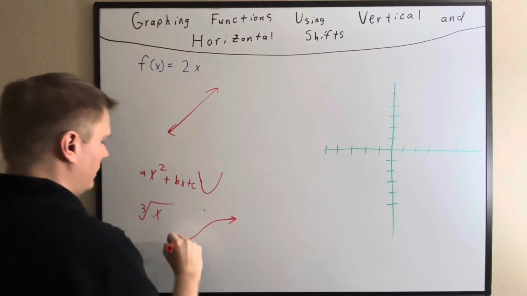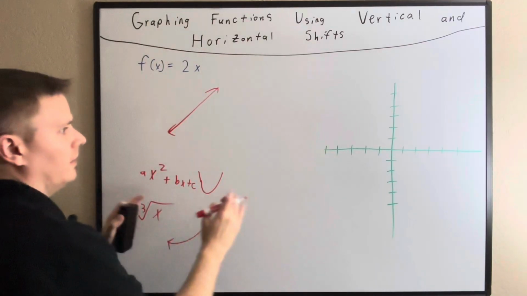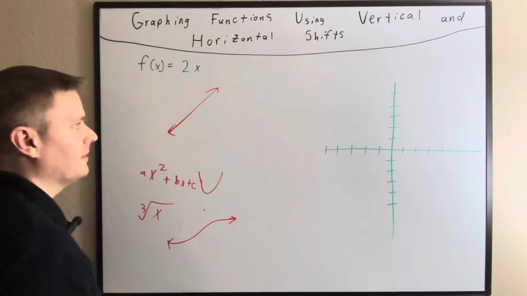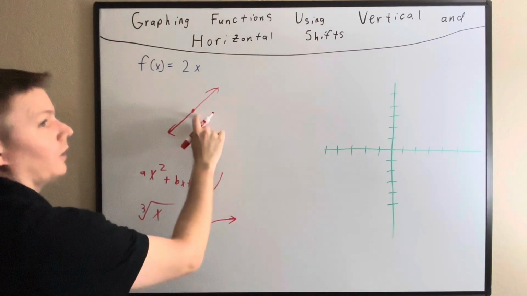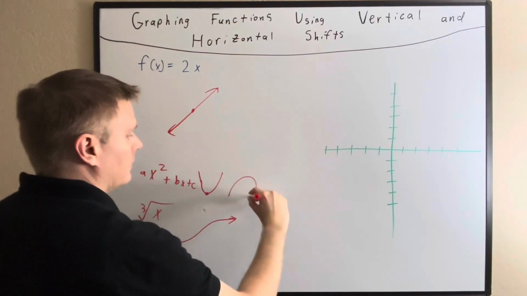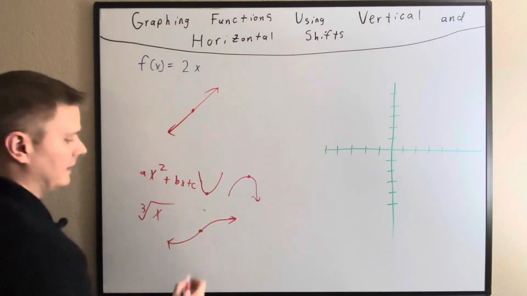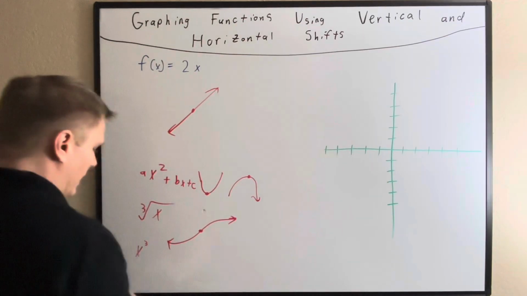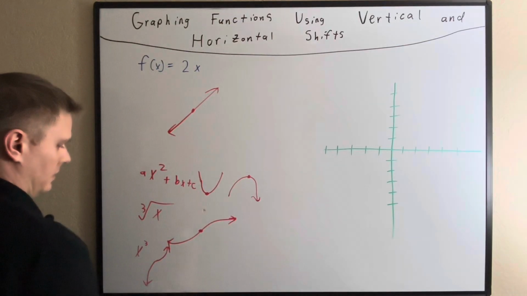But if we know mathematically how these graphs are shifted up and over and down and all around, it'll be faster graphing them. Because then you know where the origin point is, the middle point, the y-intercept for lines, the minimum or the maximum of parabolas, right? And the origin, that middle spot in a cube root function and all sorts of functions, also the cubed function, which would be like that. Anyway,